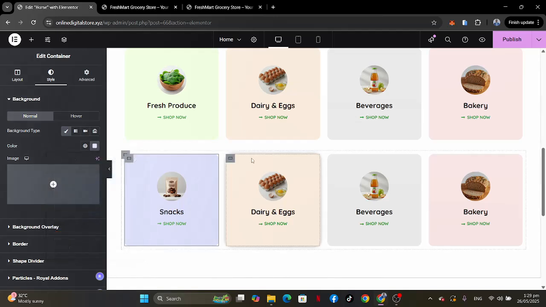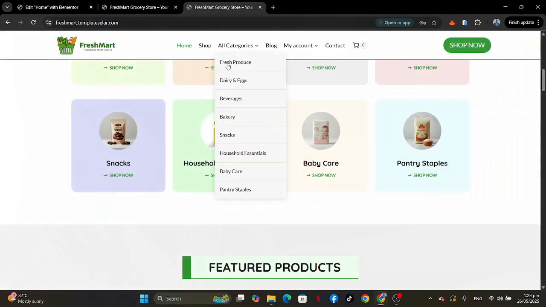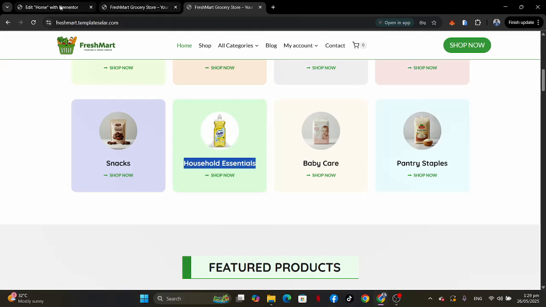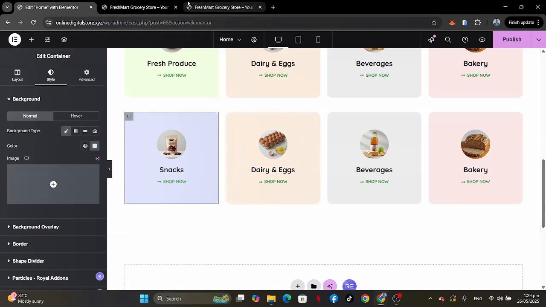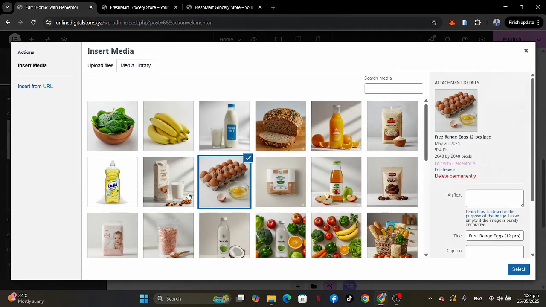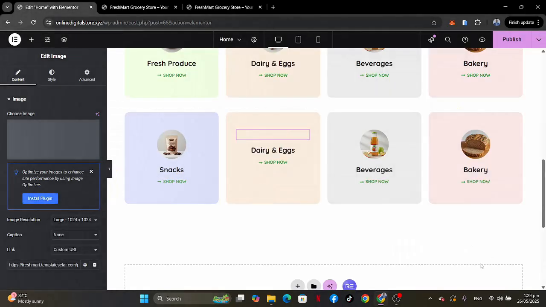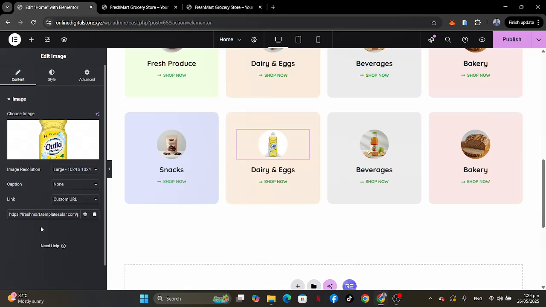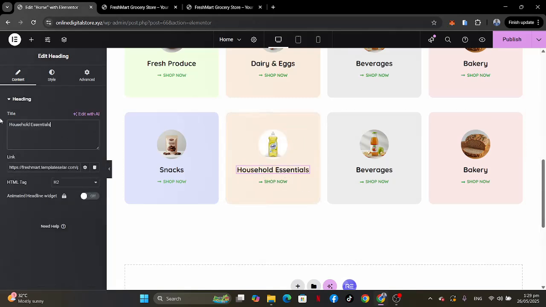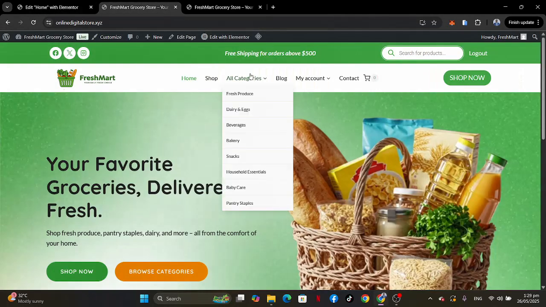Okay, so it's gonna be something like this. Now I'll come over here, the same thing applies to this one. So this one is household what? Essentials, right? So we go over here, and with the household essentials, we will just click on it, click on this one, and then change it to this particular one. And then over here we just change this one to household essentials,